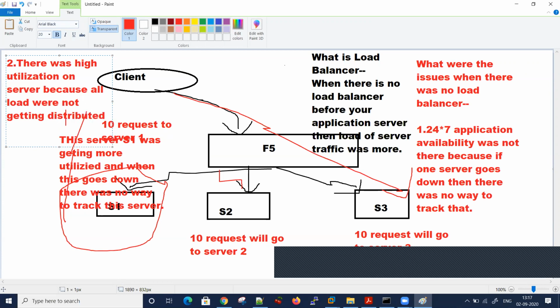So all requests will be coming on one server and customer will report slowness. And another thing where it comes into picture is, suppose I want some requests to be distributed on one server. If that server goes down, I should distribute requests to another server. So there was no possibility. When there was no load balancer, you could neither distribute traffic, nor make your application available 24 into 7. So this is where your F5 load balancer would come in picture, where initially client will access